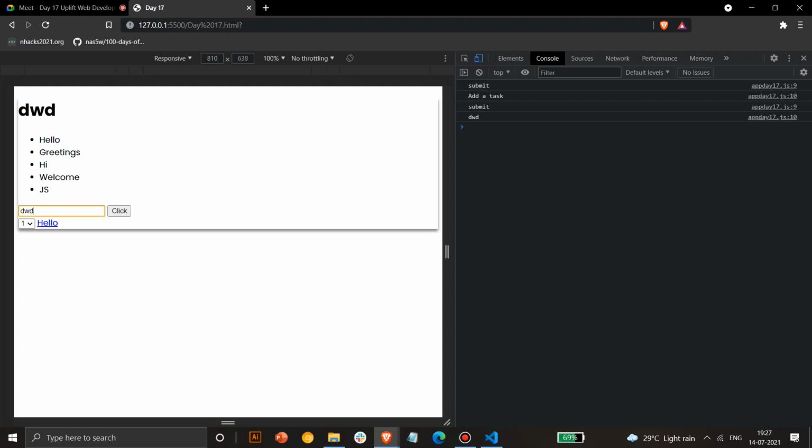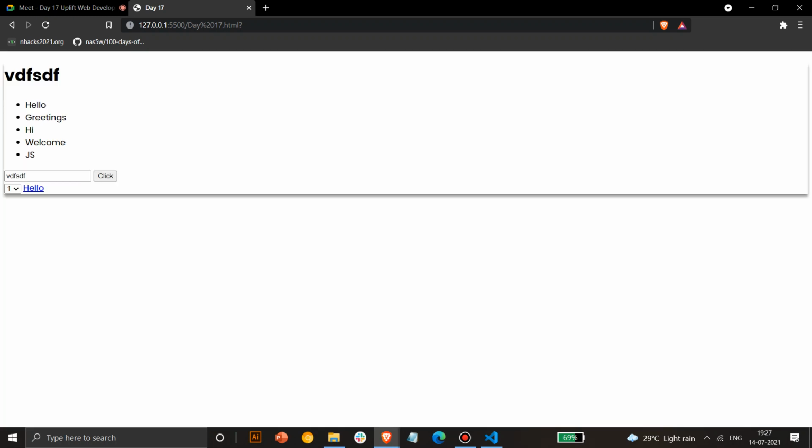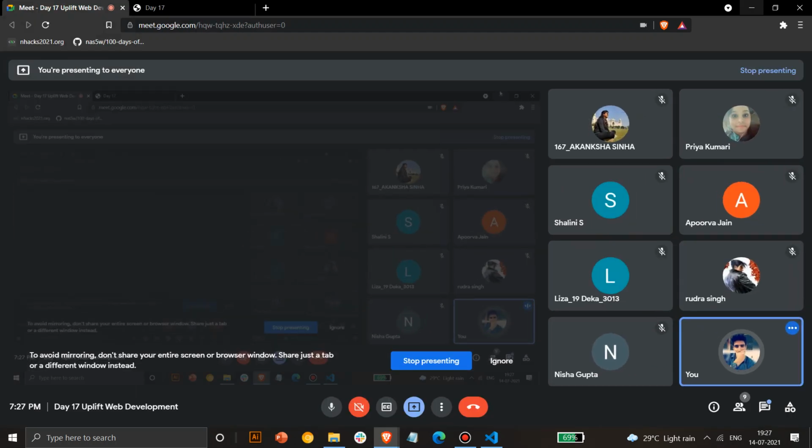If you want to replace elements in HTML as soon as you click a button, if you want to show details of a person as soon as he fills a form, you can do something like that. Okay, you see Google Forms, as soon as you fill a Google form, you can see the details at the end of the form that you've submitted these details. So all these values can be printed using this. Okay, are you guys able to understand the concept behind it, and what's the use of this specifically?